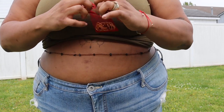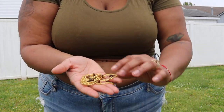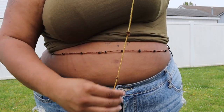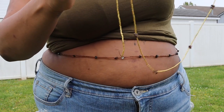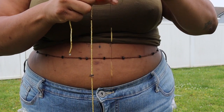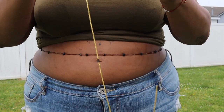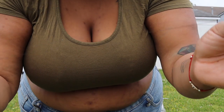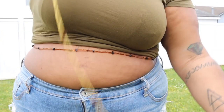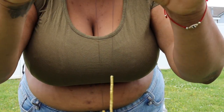Okay, so gently go ahead, take your beads out of the bag. You should be able to just drop them, and they'll just all fall apart into one line of beads. What you want to do is try to get it so that you have some plain string, hope you can see that, on each side. So you may have to do a little bit of adjusting, so that way you have plain string on each